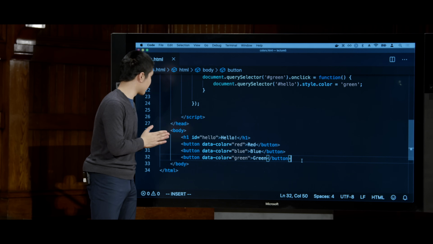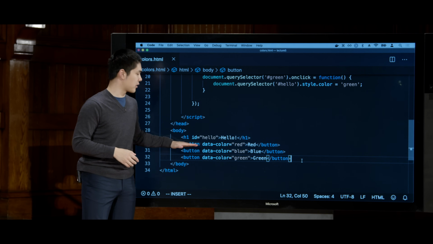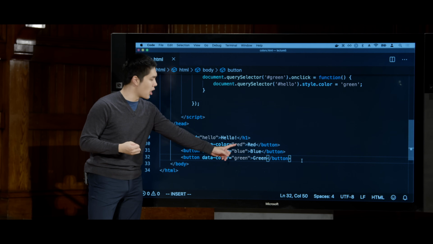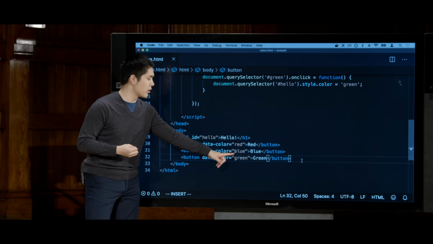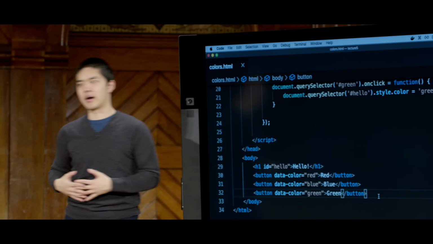And so what we're going to have the ability to do now is, if I have access to this element, this button, I can access its data color property to know whether we should change the text to red or blue or green by adding these data attributes to these HTML elements. And so now what I want is some way of getting all of these buttons. Now